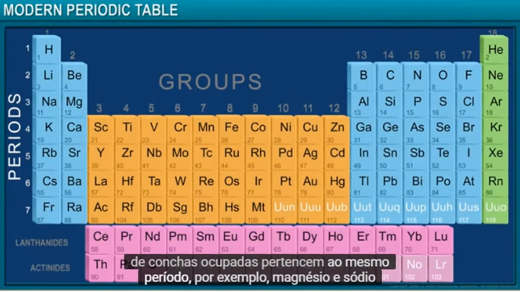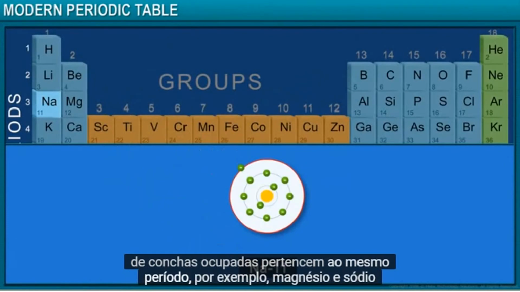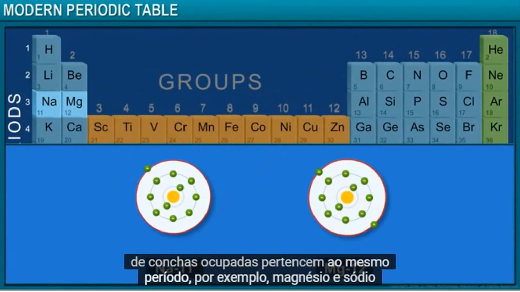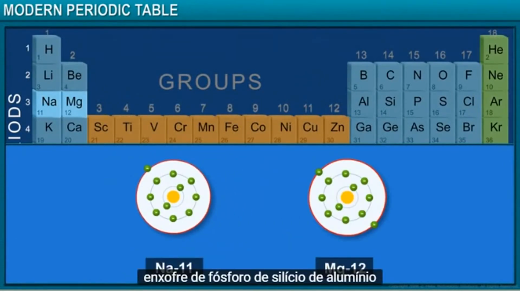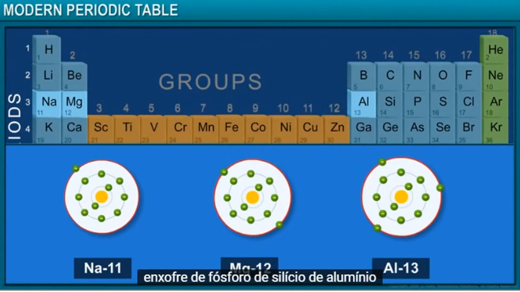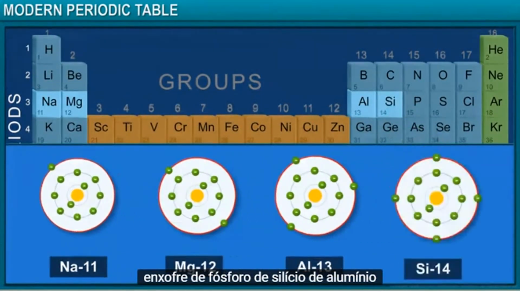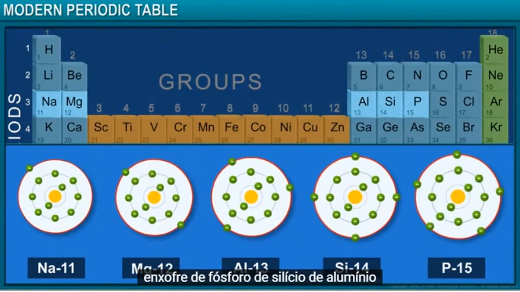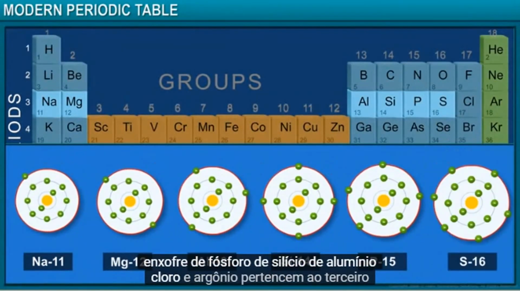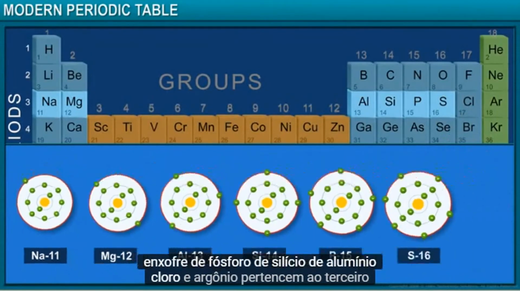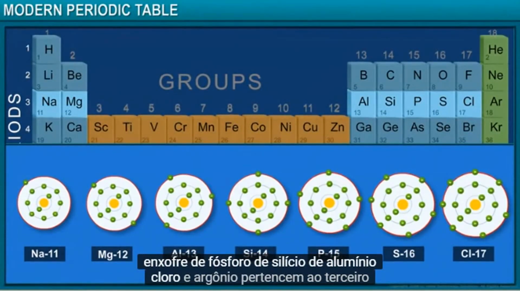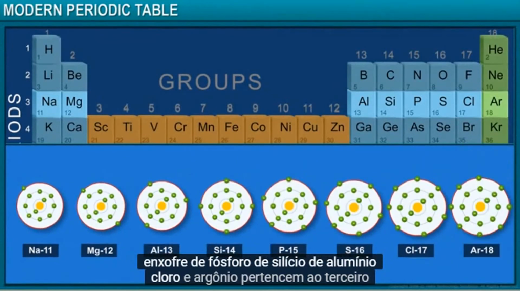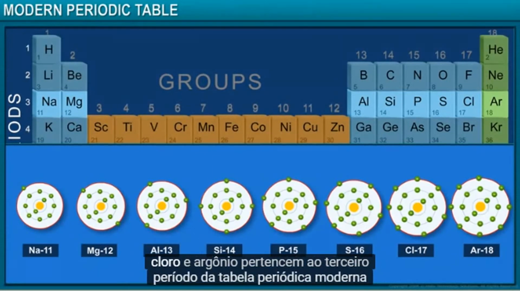For example, sodium, magnesium, aluminium, silicon, phosphorus, sulfur, chlorine, and argon belong to the third period of the modern periodic table,